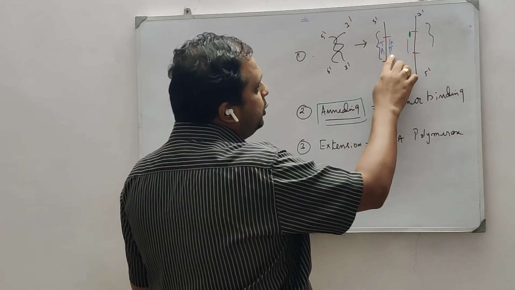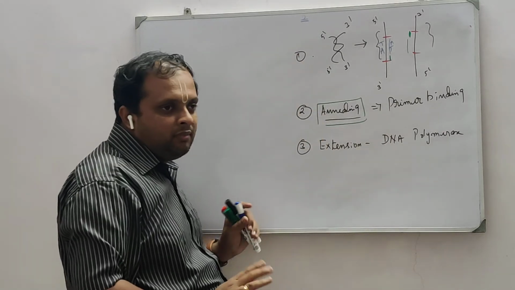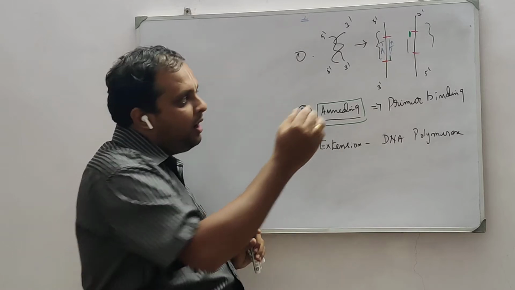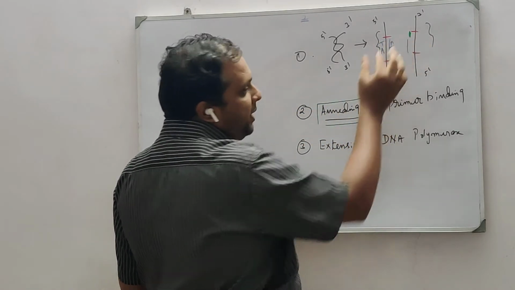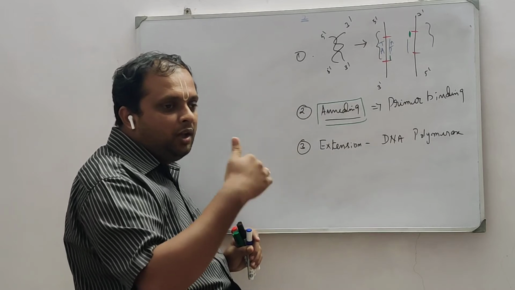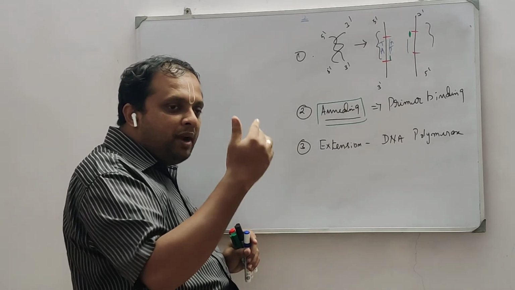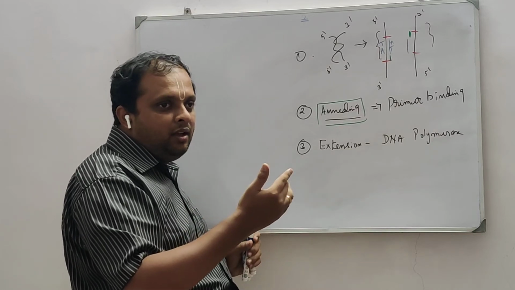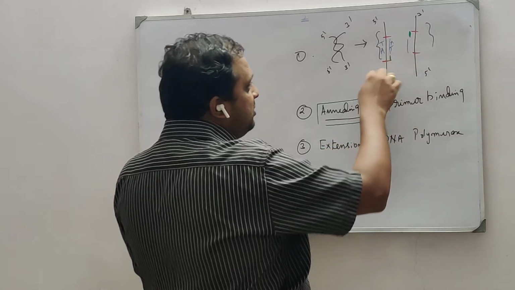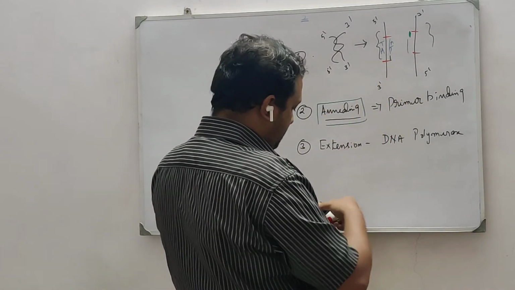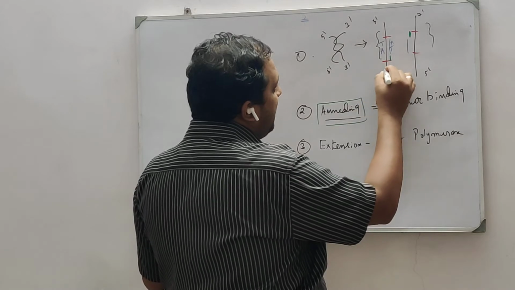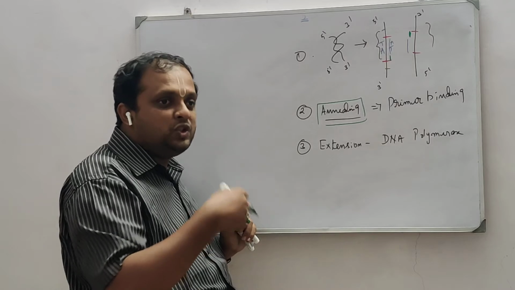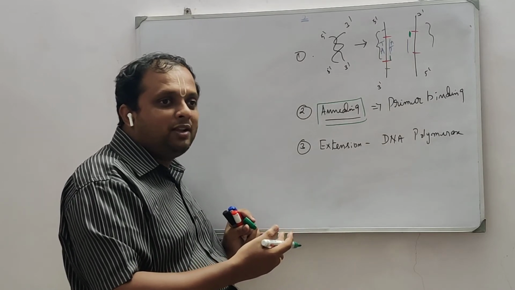So this is going to be 1, 2, 3, 4. I hope this is clear. Now what is the next step? Go to denaturation. Again these two will separate. Annealing, extension. So when you keep repeating this for almost 35-40 times, you can imagine that the rest of all other genes which are here will be present initially, right? But your insulin gene, your gene of interest here, will be exponentially amplified.